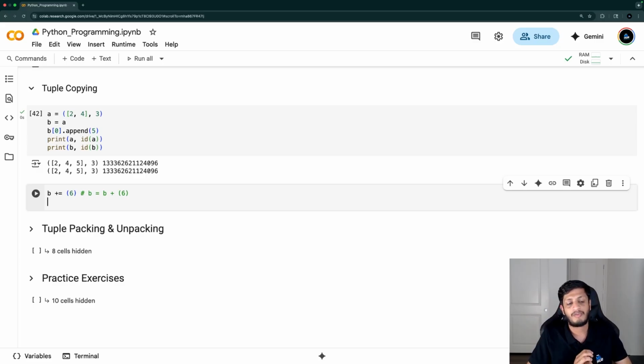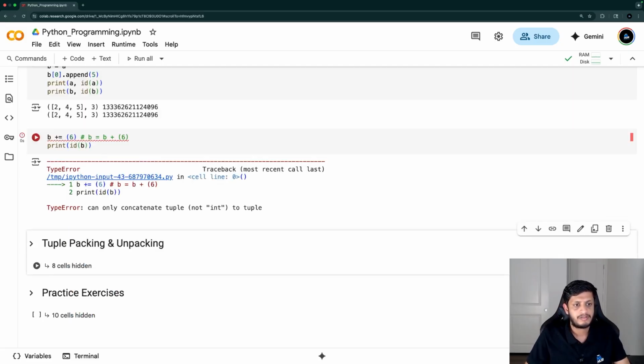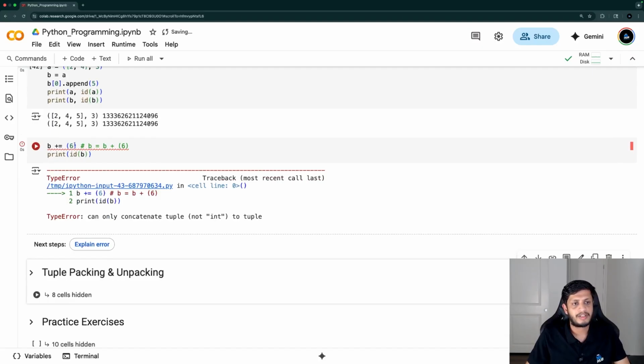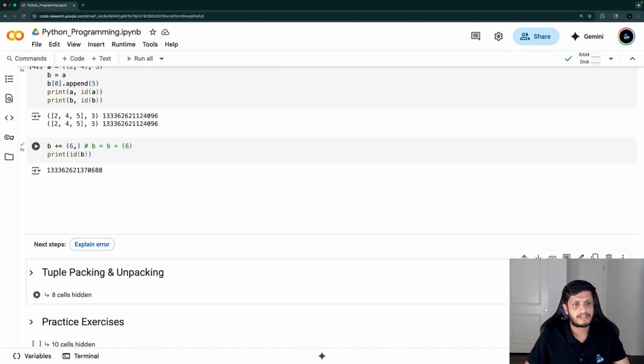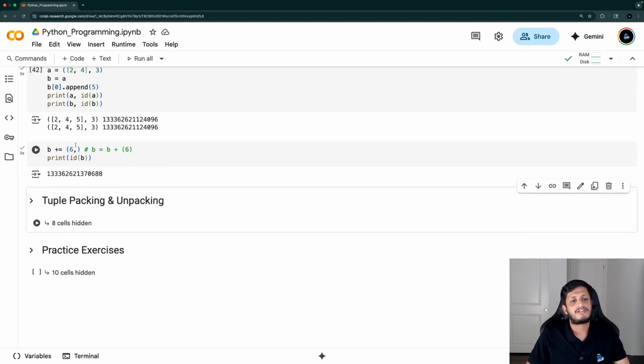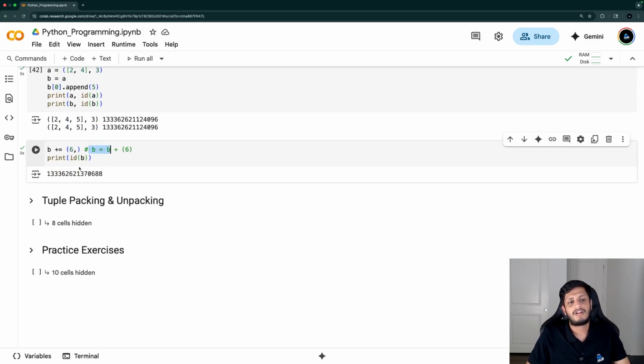I cannot do this, but what will happen here? This new tuple that is created. Now let's print the ID of b first. Sorry, this is not a tuple, this is an integer, right? So let's create a tuple. Okay, so if I do anything of this sort, now it points to a new memory address, because